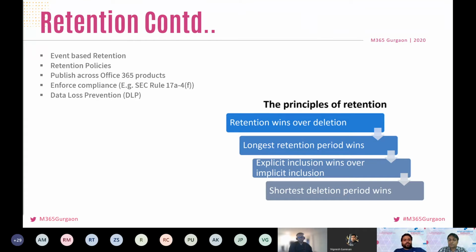Yeah. So next we have event-based retention. Whenever we define a retention label, we have to define the timeline. I can define the timeline in days, months, or years, like I need to retain this type of document for at least 5 years. There are three out of the box starting points available: when the document is created, when the document was last modified, or when the label was applied on the document. The timeline will start from that point.